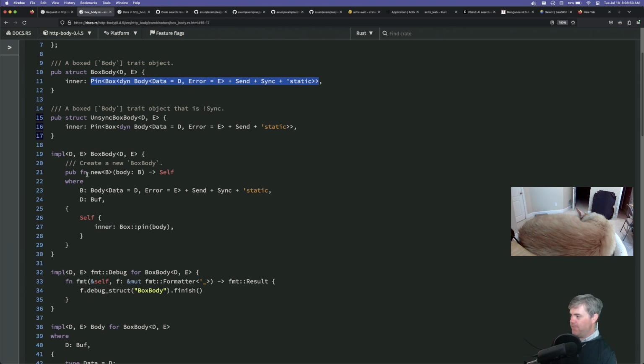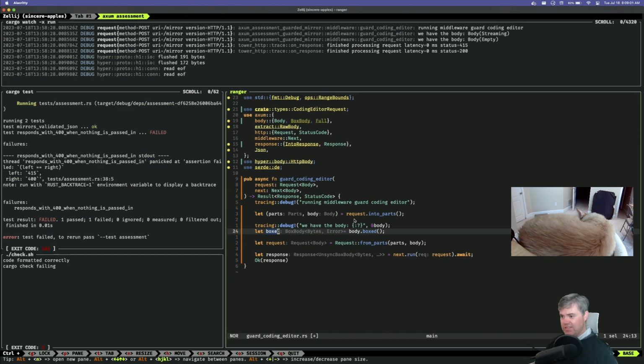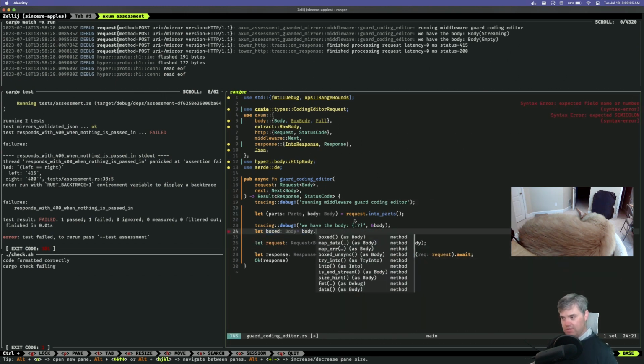Okay. Now there's this unsync. Do I have to do that thing we saw, which allows me to get the not sync thing? So boxed unsync. So if I do that,